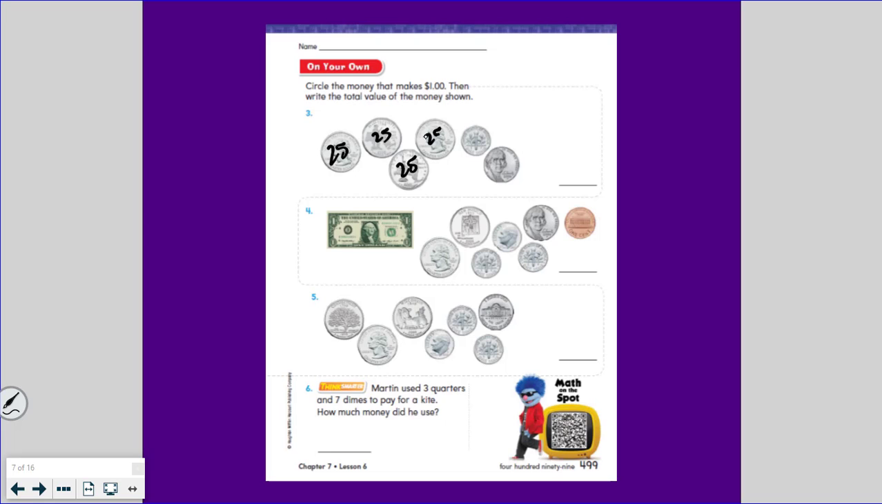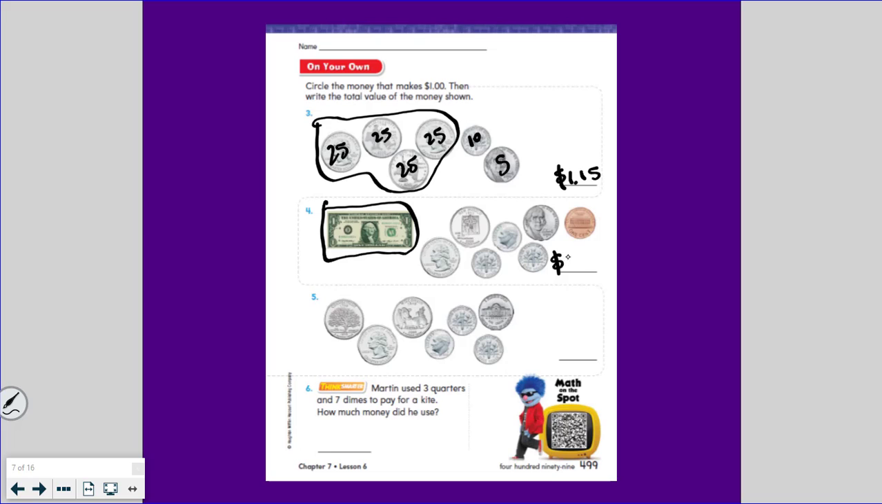get confused. So I got 4 quarters already, so that's $1, and then a dime and a nickel. So only $1. So $1 and 10 plus 5 is 15, 15 cents. $1.15. Okay, my dollar is here, so I'm going to circle $1 and write my dollar sign and $1